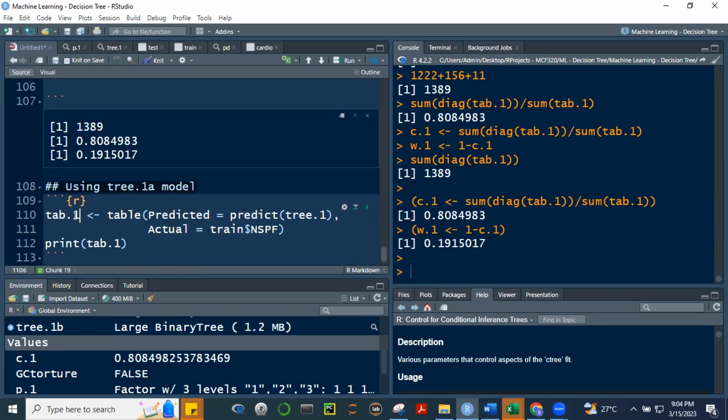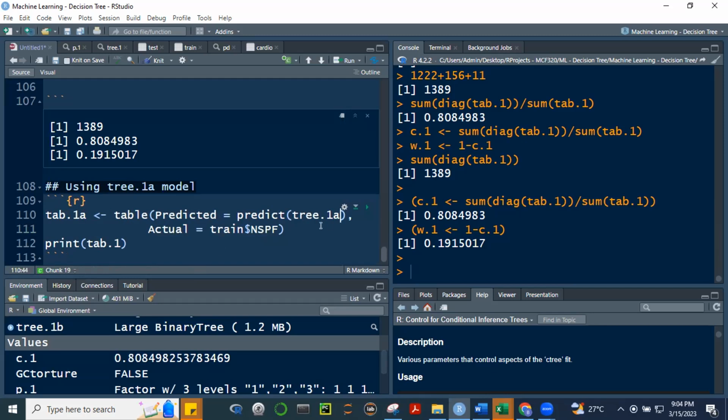So this will become, gawin natin 1tab.1A to. And this one becomes 1A, di ba? Alright, yung actual natin pareho pa rin. So what happens if we use yung 1A? Si 1A, di ba, mas maraming naging 12 yung terminal nodes yan, di ba?